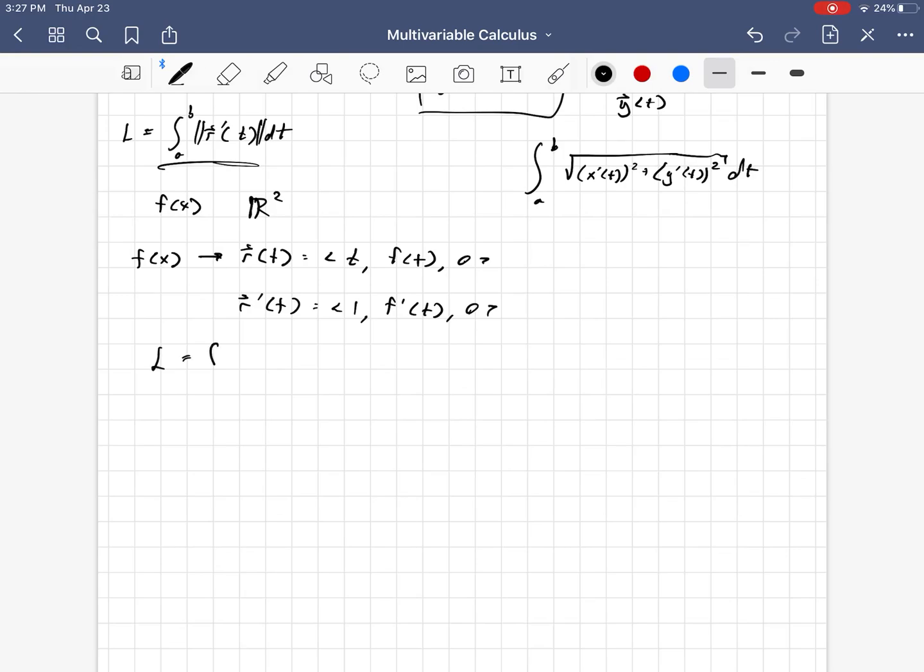Now, all we have to do by this arc length formula is just differentiate r of t and then find its magnitude. So r prime of t, and we can just differentiate component-wise. We get 1 comma f prime of t comma 0. And so then the arc length of any two-dimensional function is the integral from a to b of, now we take the magnitude, so that's the square root of 1 squared, which is 1, plus f prime of t squared dt. And that is exactly the arc length formula from Calc 1 and Calc 2. Normally you'll see it written as f of x dx, but it doesn't matter what variable you use, it's a dummy variable, because again, this whole